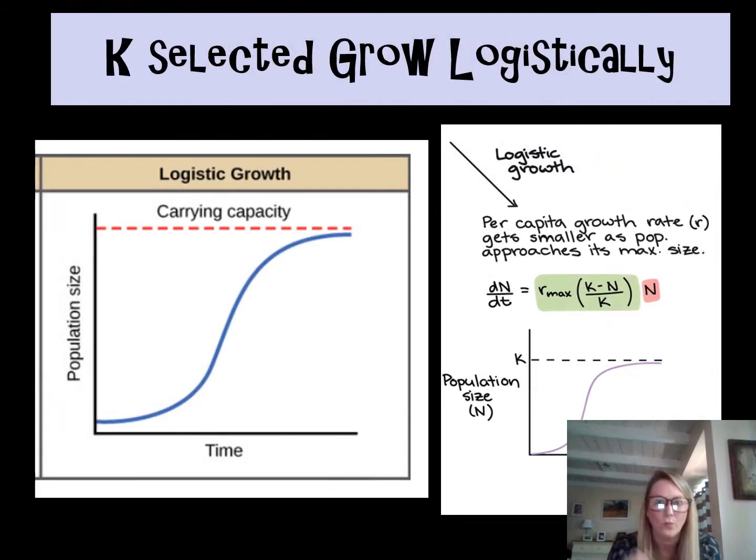Compare that with logistic growth. So most K-selected species will grow logistically. So they do start off growing, right, like you see with exponential growth, but then over time they reach a level and they stabilize. That stable level is called its carrying capacity, and it's pretty much the number of individuals that an environment can hold where that population remains healthy. If it goes over the number, so if the population exceeds its carrying capacity, the environment will usually do something to regulate to put the numbers back down to its carrying capacity.